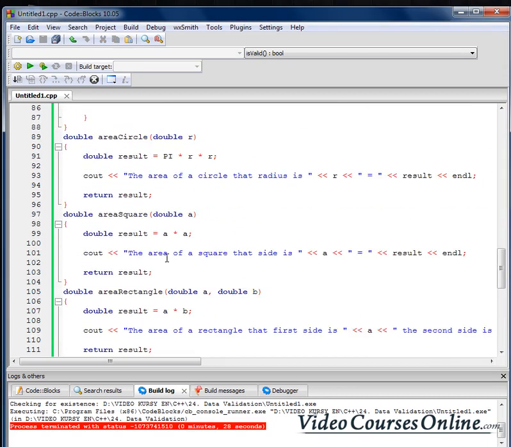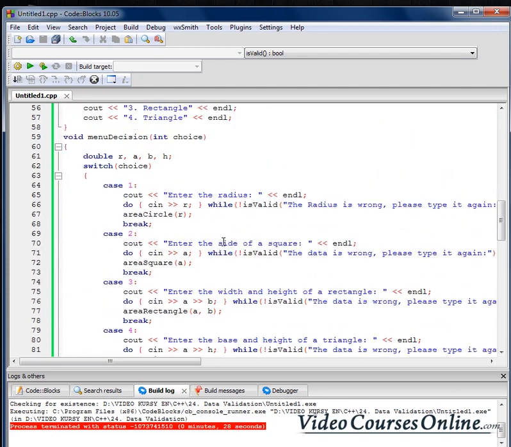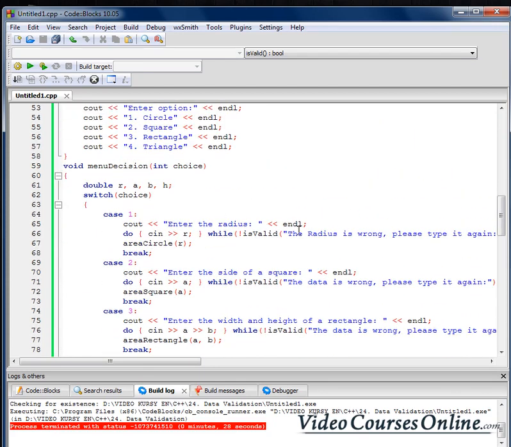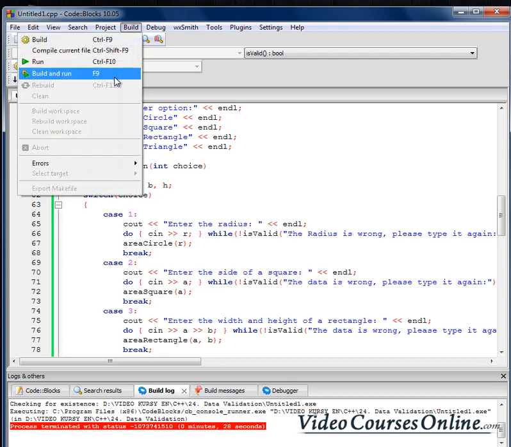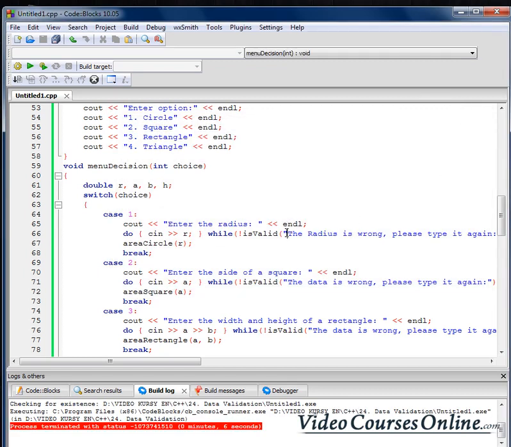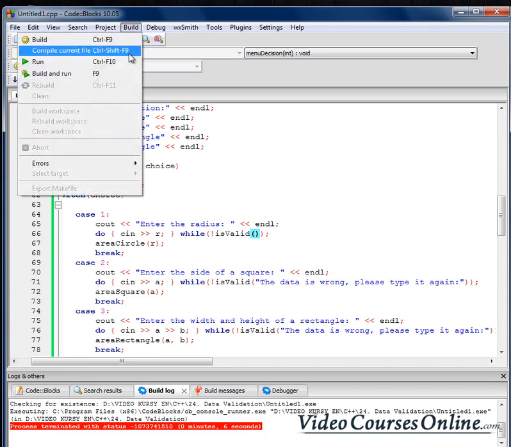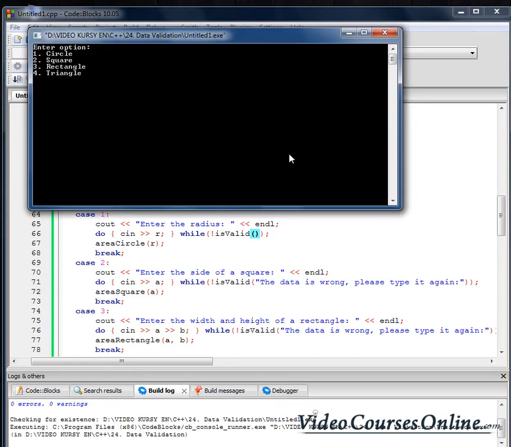We don't need to type any message here, but when I do it that way, let's see how it's working. Enter the radius, I'm typing a wrong radius. I didn't compile it. Sorry, I didn't use the right function. Of course, our PC is thinking and he knows which one we should use. And now, as you can see,